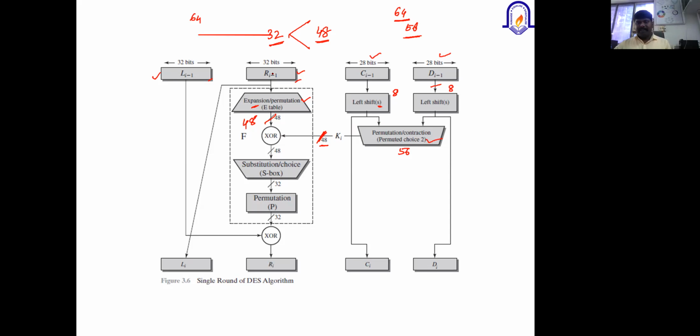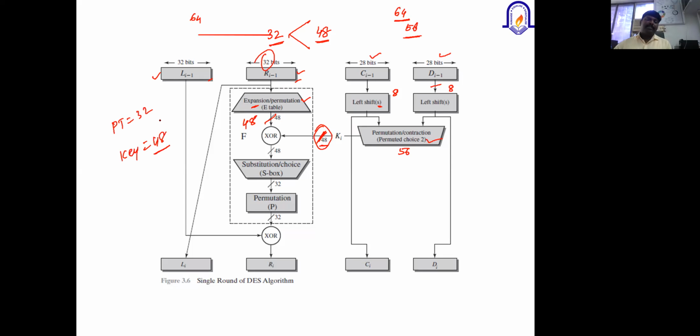But here, the right half of the plain text is 32 bits in size, while the key size we derived from permutation choice 1 and permutation choice 2 is 48 bits.